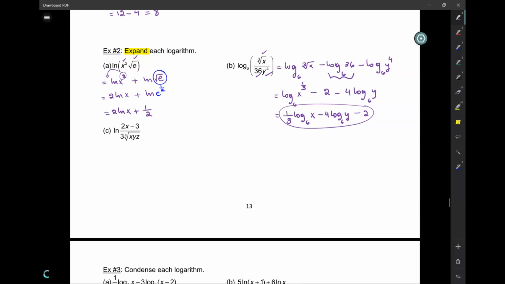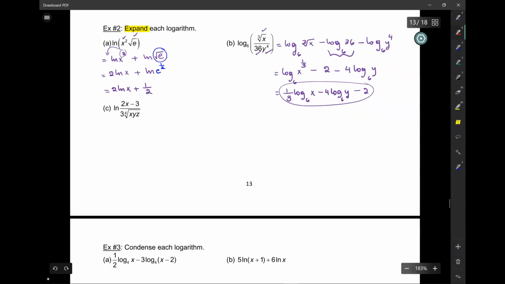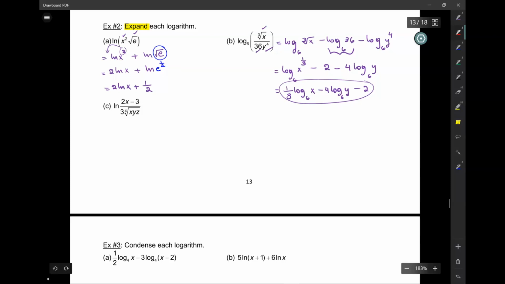Okay. Now, take a look at C. How many elements in the numerator? Just 1. Can I split up the 2x minus 3? I can't. I can only split up things that are being multiplied or added to with each other. I purposely leave out the parentheses here in order to stress that point. 2x minus 3 is an entity of its own. So that'll just be ln of 2x minus 3 minus ln of 3 minus ln of 4th root